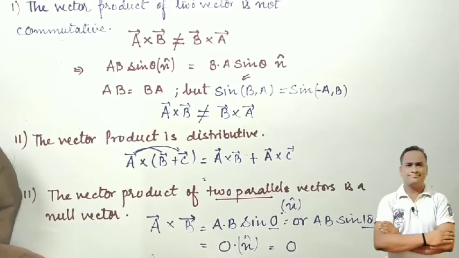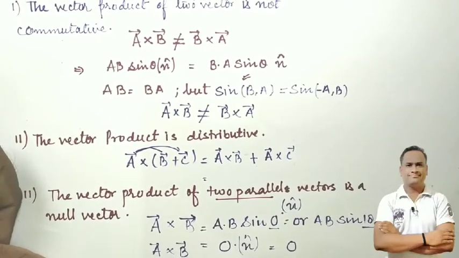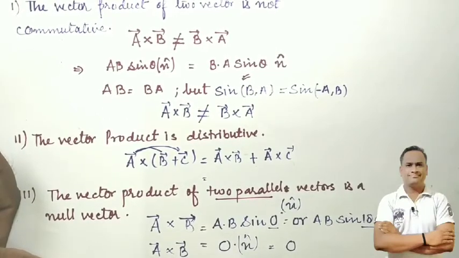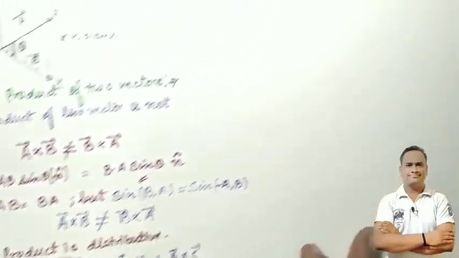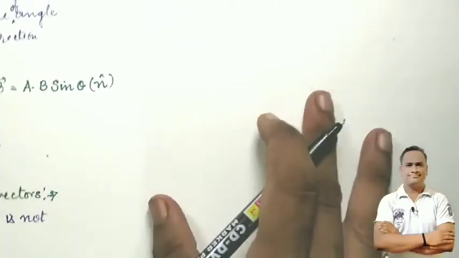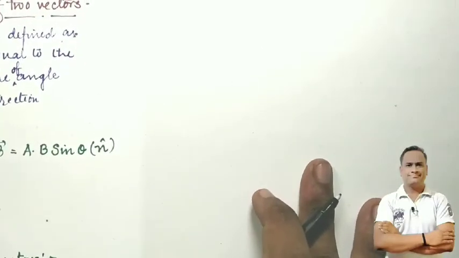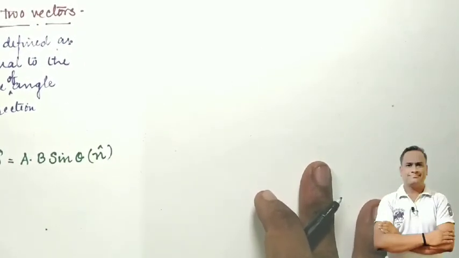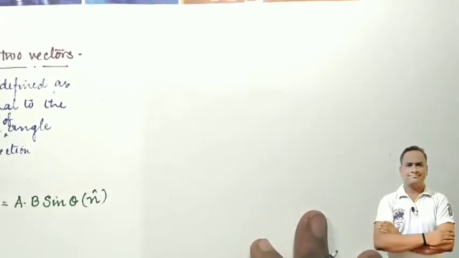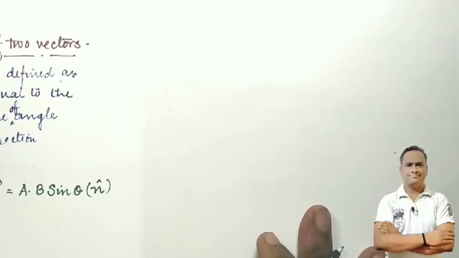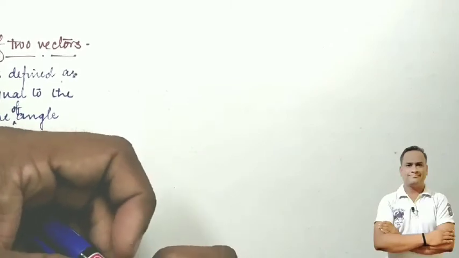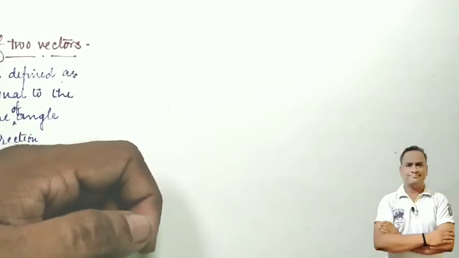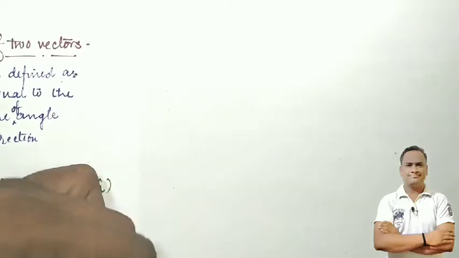It means that whenever we take the vector product of two parallel vectors, it gives rise to a null vector. So students, let's start with a new property of the vector product of two vectors. Till here we have learned what happens when the two vectors are parallel. Now, if the two vectors are perpendicular to each other, then what will be the product?